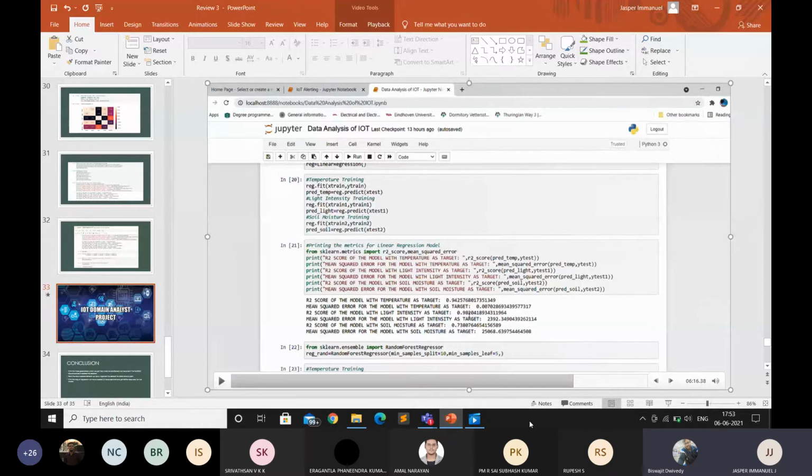The thing is, suppose this project is going to be implemented in real time. You have done all these things separately, because at a time you are not implementing all of them. At a time you are considering 2 parameters and predicting the other one. So suppose you implement this in real time, which parameter is going to be considered at that time?